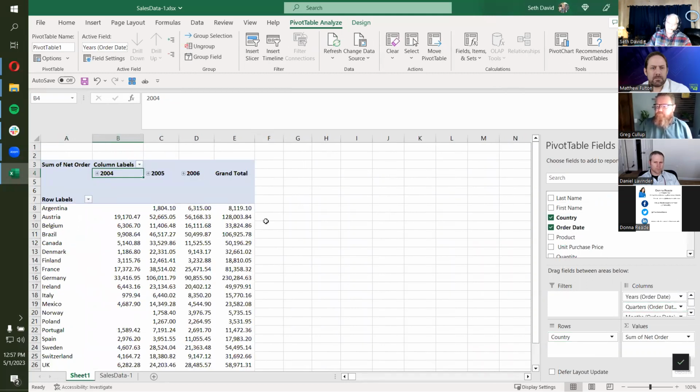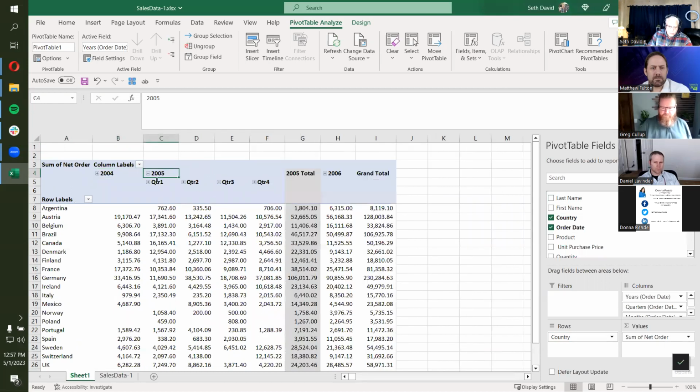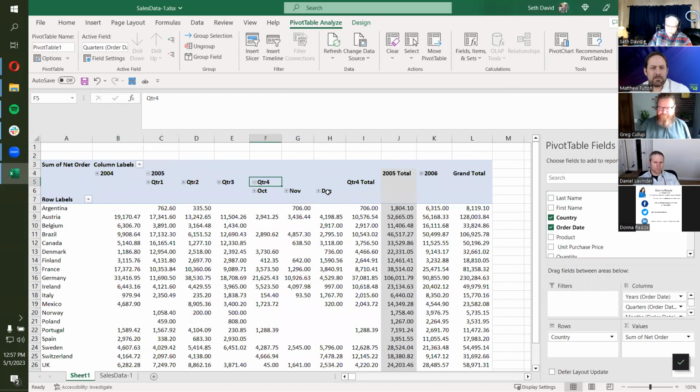Excel recognizes that these were dates, so it automatically does groupings. You can change that, but by default, it will group it by year. And then within each year, it has quarters. And then, of course, within each quarter, you can expand it to show the months. It does that automatically. This part specifically, Google Sheets does not do well in terms of pivot tables. It won't do this with dates in Google Sheets. You'll see in a minute because I'll show you that part next.